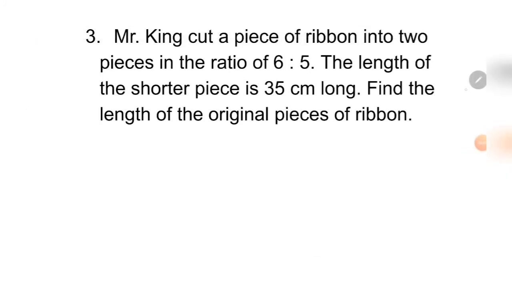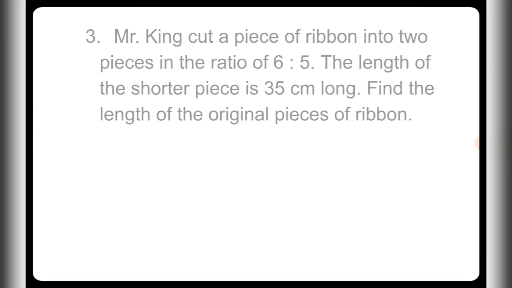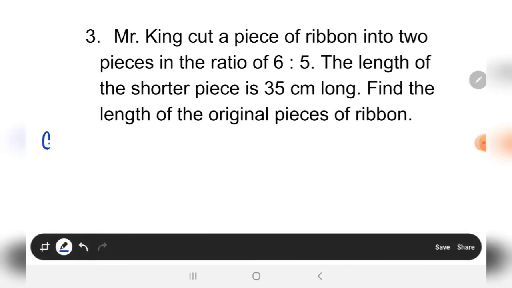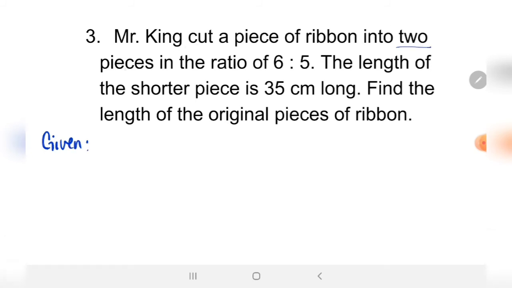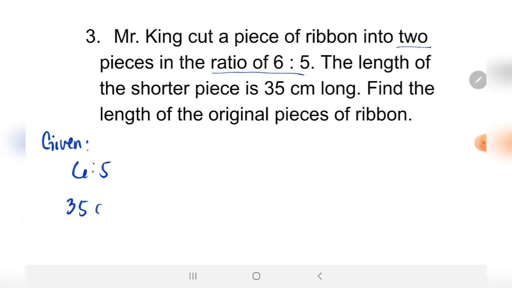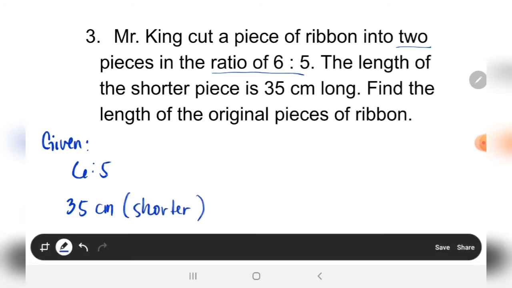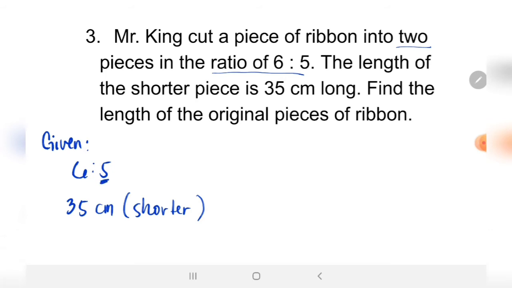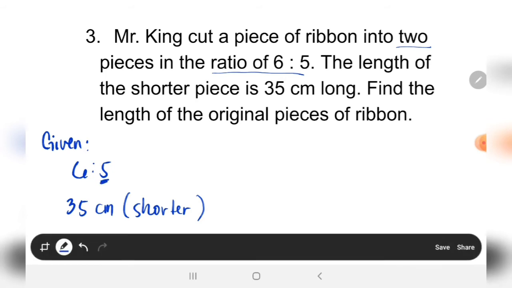Let's find out first what is the given in the problem. Given: Mr. King cut a piece of ribbon into 2 pieces, and the ratio is 6 to 5. The length of the shorter piece is 35 centimeters long, and this is the shorter piece. Now, the shorter piece is in the ratio of 5. So we can